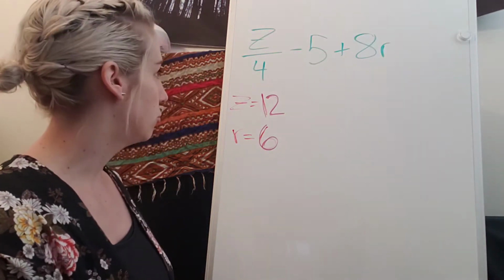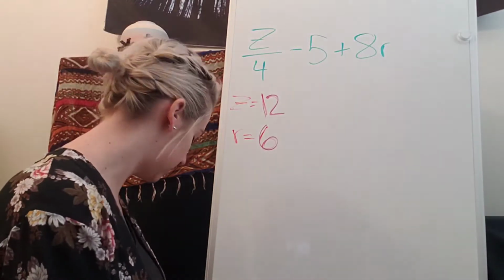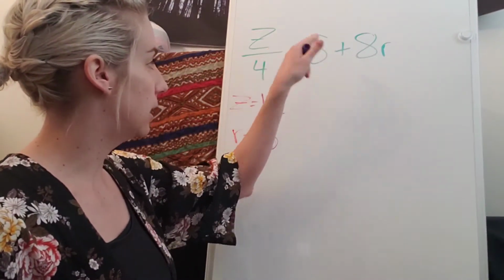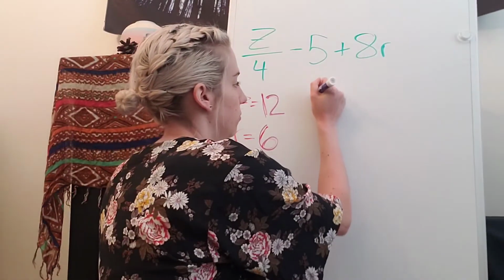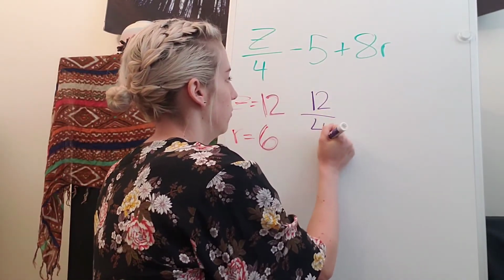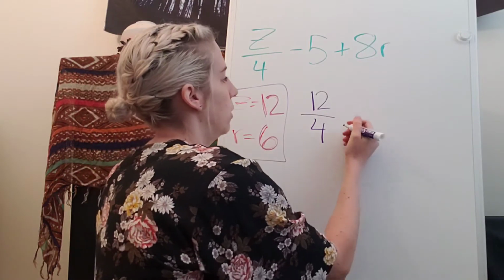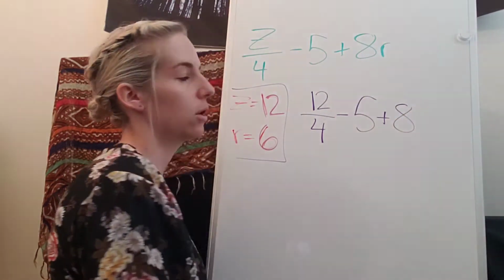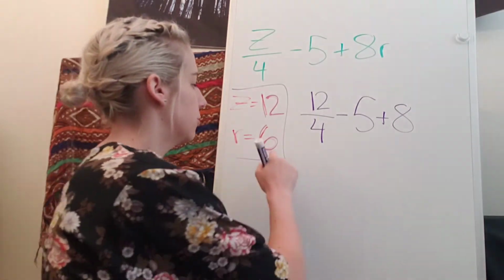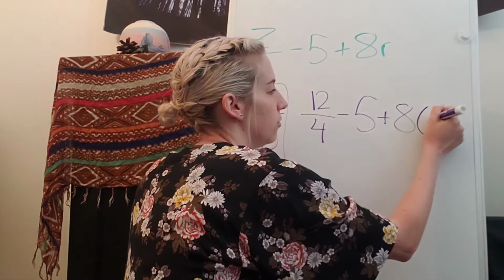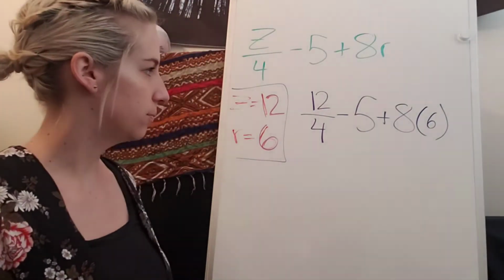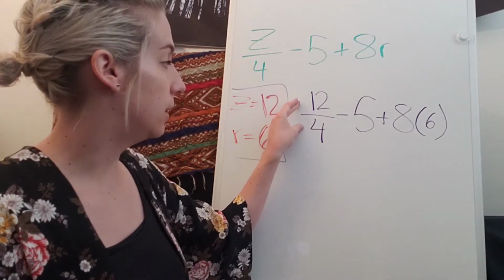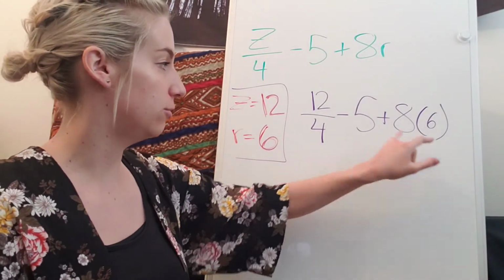So let's solve it. In this case, I'm just going to rewrite it. That's always my first step: you have to rewrite the problem, but change your letters. So z has now become 12, so I have 12 over 4. Here, I'll put that in a box. So 12 over 4 minus 5 plus 8. What did my r turn into? Yeah, it turned into a 6. So this has become a 6. Just like before, I want to figure out my dividing and my multiplying first before I worry about